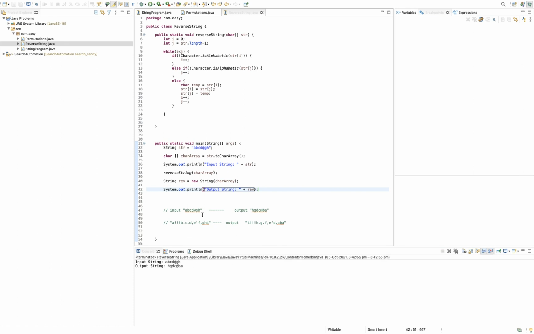So guys, if you observe here, this was our input string and this is the output, so it is matching. Now let's take another example. Let me save it and run. So this is the input and this has to match with the output. Okay, it is matching. So guys, if you want to check with any other string also, you can check.